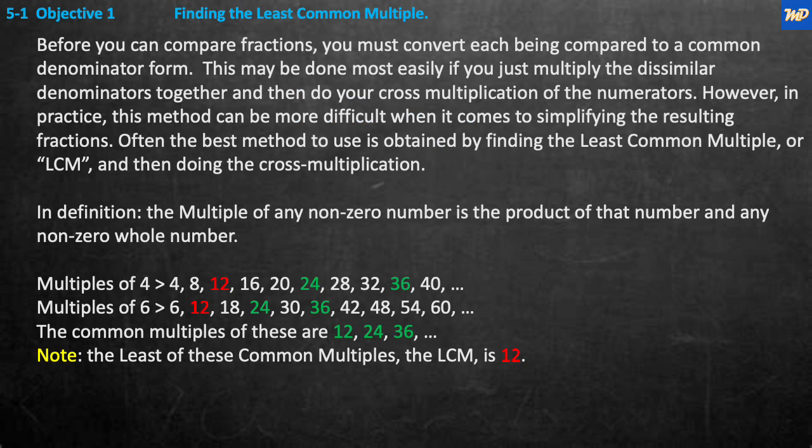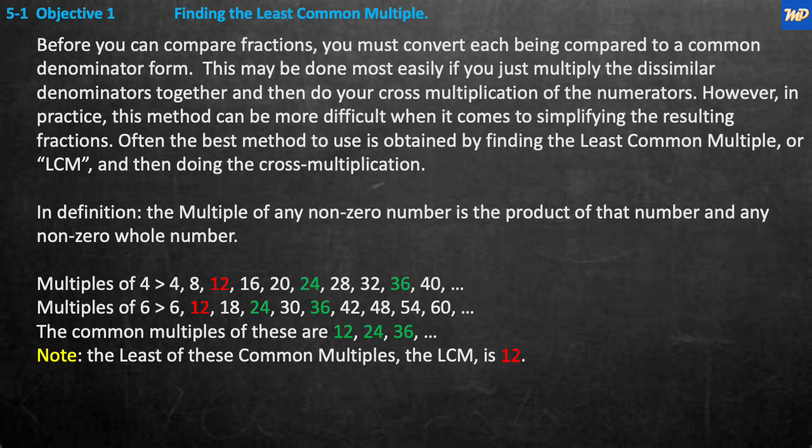Objective 1. Finding the least common multiple. Before you can compare fractions, you must convert each being compared to a common denominator form. This may be done most easily if you just multiply the dissimilar denominators together and then do your cross multiplication of the numerators. However, in practice, this method can be more difficult when it comes to simplifying the resulting fractions. Often the best method to use is obtained by finding the least common multiple, or the LCM, and then doing